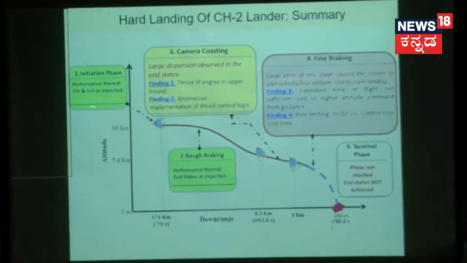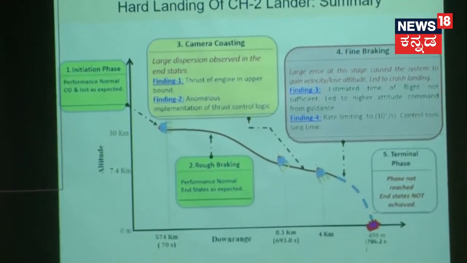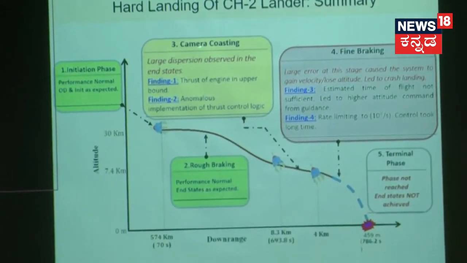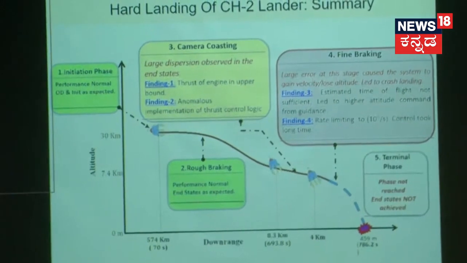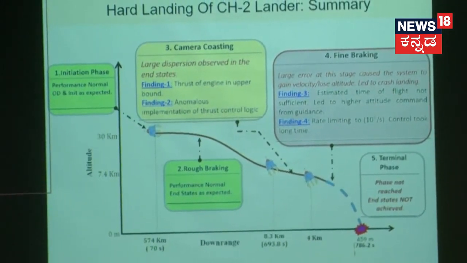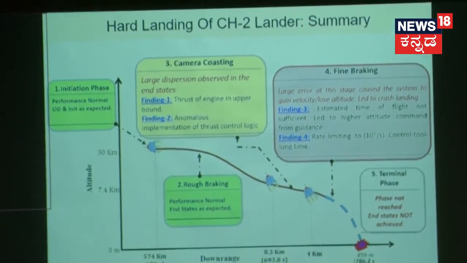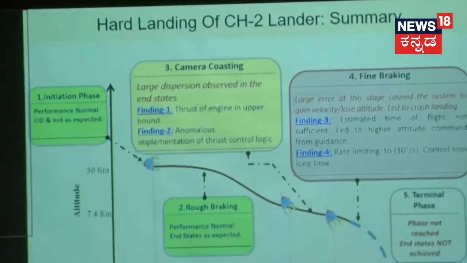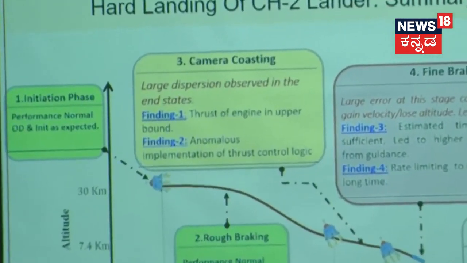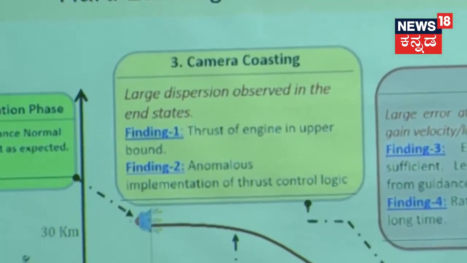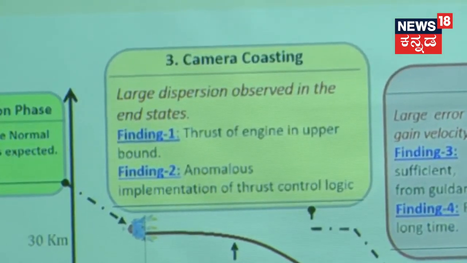The whole of the orbit was perfect, and the camera coasting started, and only then the problem started. The first problem that happened was that the thrust of these 4 engines was slightly higher. It was slightly higher, but still within the bound of what the engine thrust is supposed to be. But when this thrust is higher, there is a correction process of the total acceleration that we should do.